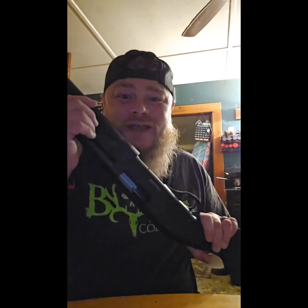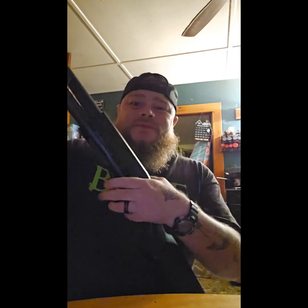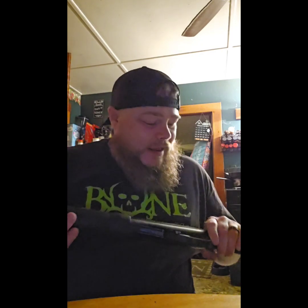My number 4 pick, a pump action shotgun. It's the most notorious sound in the world right there. It's the most known sound in the world. The reason why I say pump action over semi-automatic